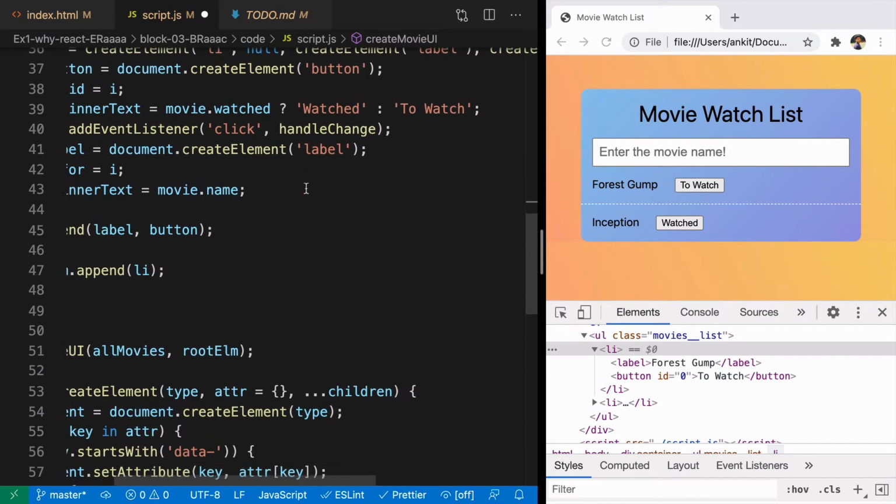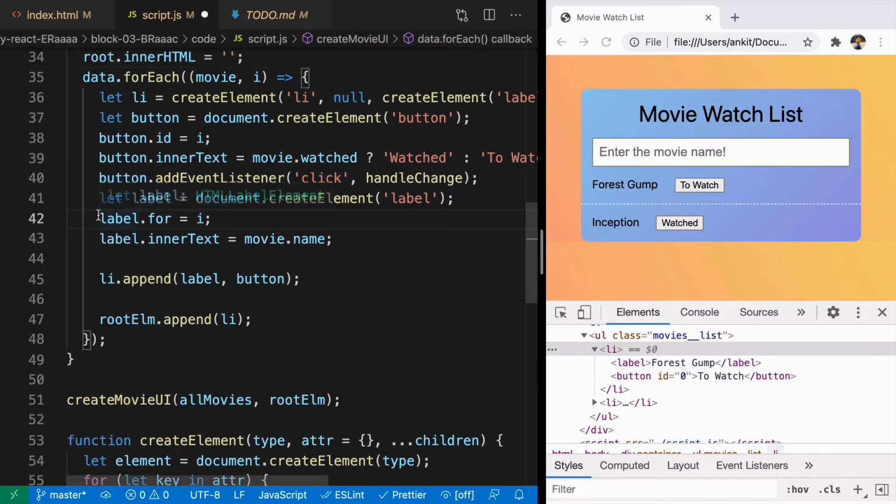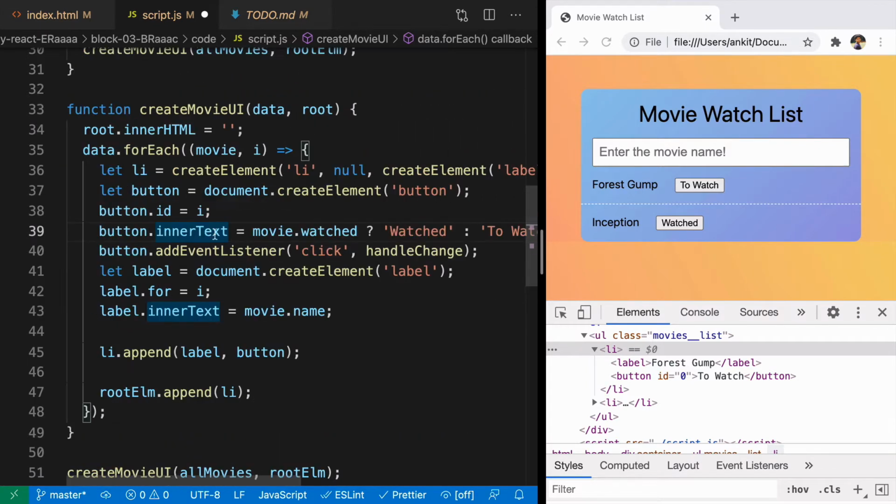One more thing that we can see here is each label has an attribute called for and inner text. Even button has inner text. And here next is inner text. And as you have seen in the explainer video, we always consider anything that is between the elements to be a children. Even though in JavaScript we are doing it like button.innerText as a property, and that is going between the button element, that is to watch here, right?